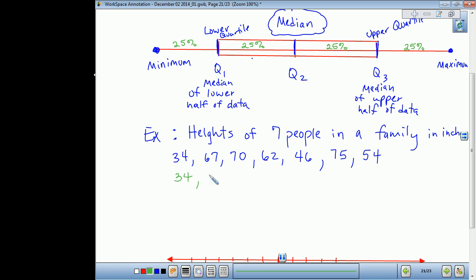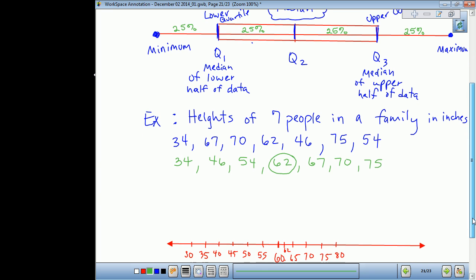What's next? 46. Good. 54. Good. 62. Yes. 67. 70. Great. Okay, now 7 is nice because this is an odd number, which clearly gives us that the median is 62. So what we would want to do is sketch a number line,